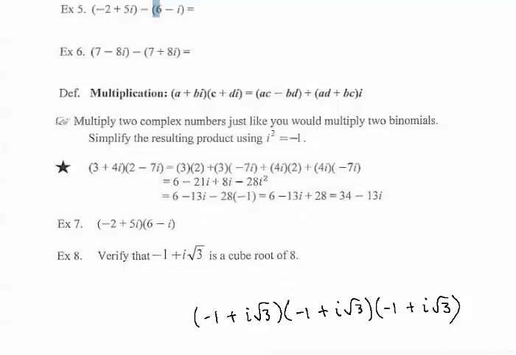Just multiplying these first two, I would have a -1 times a -1, which is a +1, a -1 times an i square root of 3. Then,